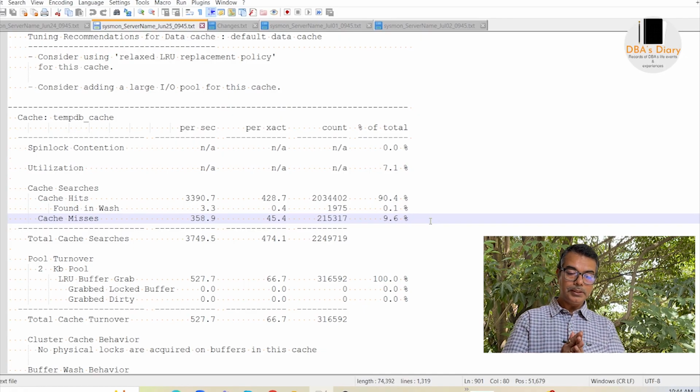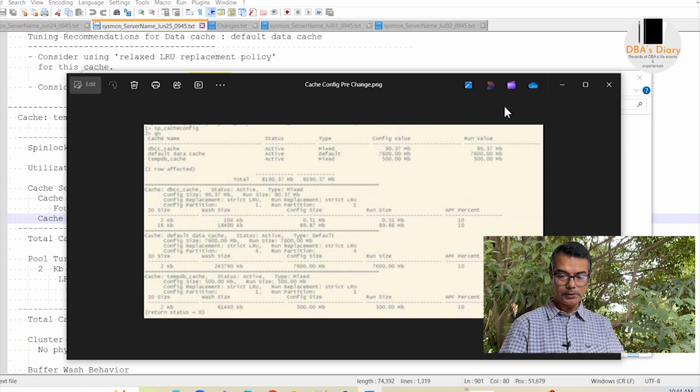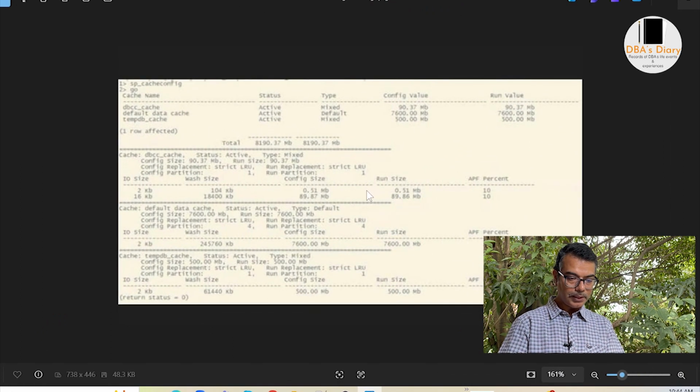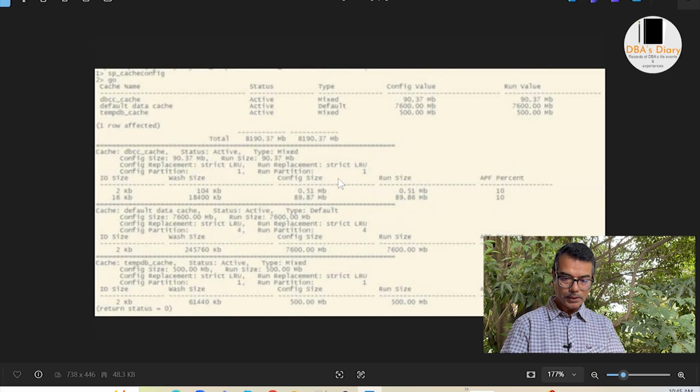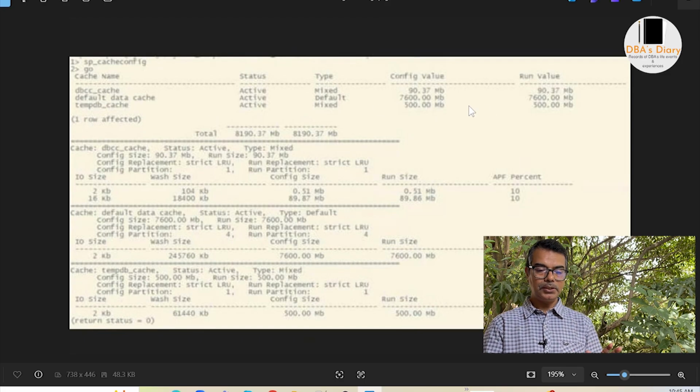Now we will have to see the next thing. Before we take any other call, we need to see the cache configuration. So let us open the cache configuration, what is there right now. So pre-change, this is the cache configuration of this particular client, this particular server. Not sure if it is clearly visible, it is a little bit blurred, but you can see 7.6 GB is for default data cache, and tempdb_cache is having only 500 MB. Okay. And dbcc_cache is 90 MB,